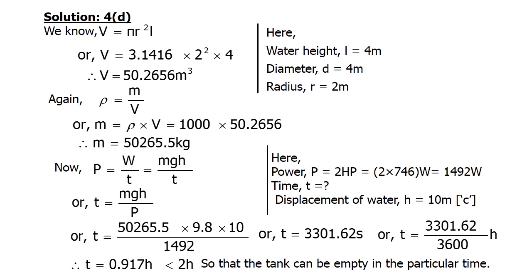Putting the value of rho and v, we will get the mass 50,265.5 kg. Now we have to calculate the time by the formula of P equal to mgh by t. So we have to know the height, and that height we have already calculated in question C, that is 10 meter, and the power of the engine is given 2 HP. 2 HP means 1492 watt, and acceleration due to gravity is 9.8. So putting the value of m, g, h and p, we will get the time